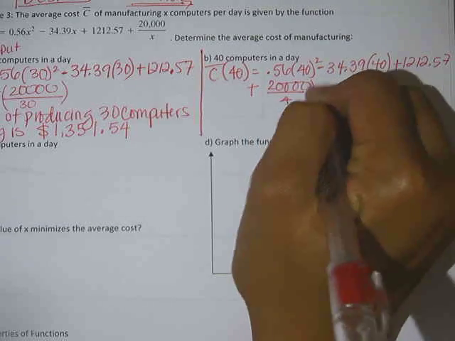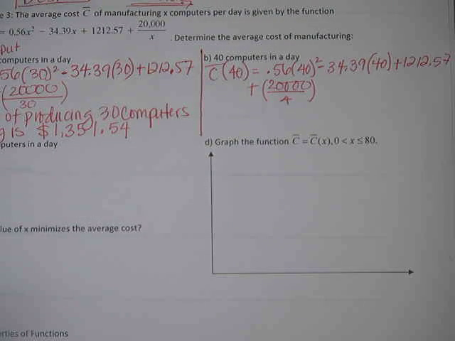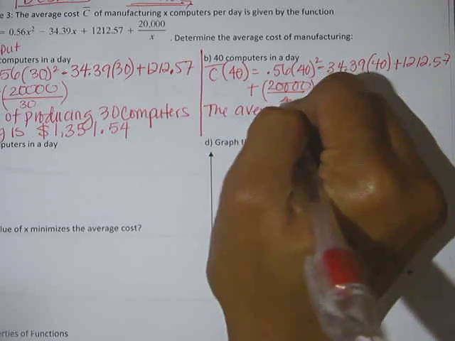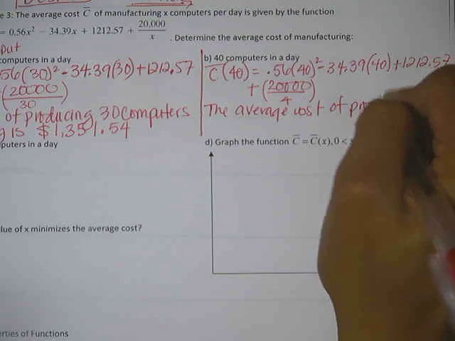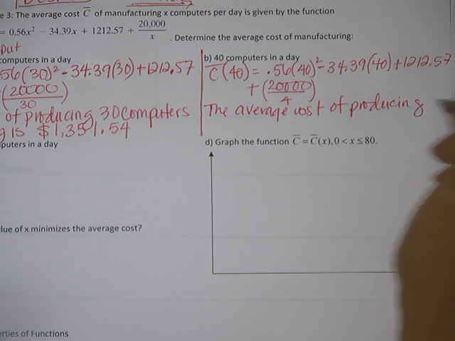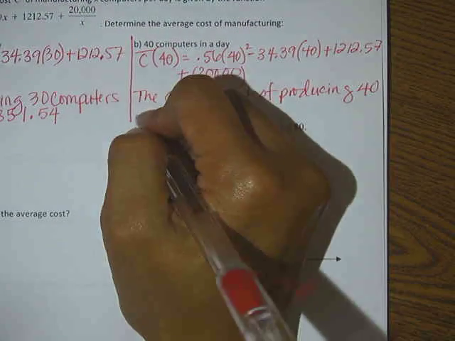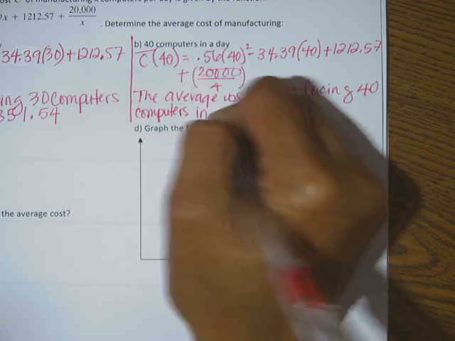And I'm going to write this in parentheses because I know I want my calculator to have it as parentheses. So the average cost of producing 40 computers in one day is,